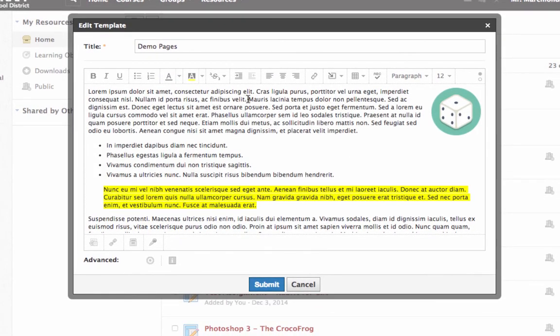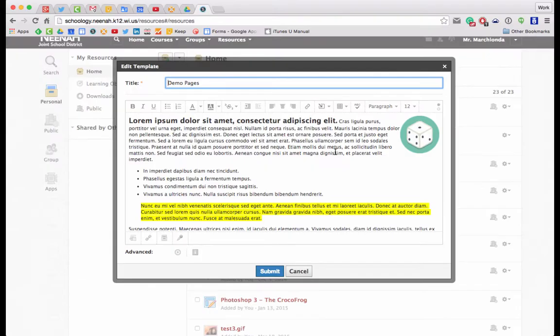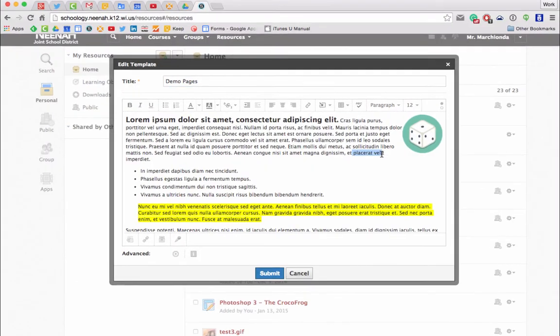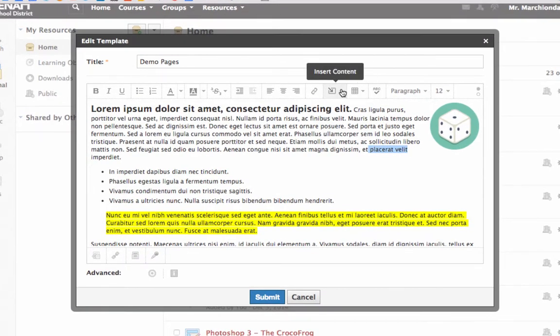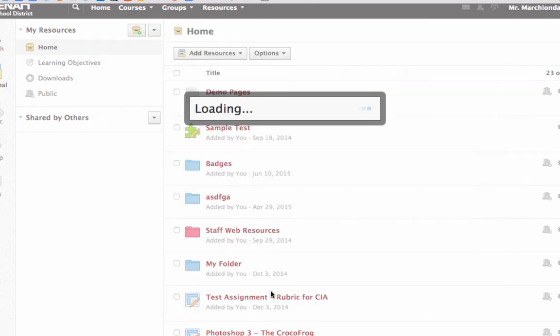So I can always do some interesting things like start off the first sentence larger and bold. Another thing I can do is highlight some text, go to Insert Content, and choose Tooltip. Now I can write in the definition of the word or a URL or anything I'd like to, and click check. And now what a tooltip does, it's really cool, is after I submit it and I open it up,